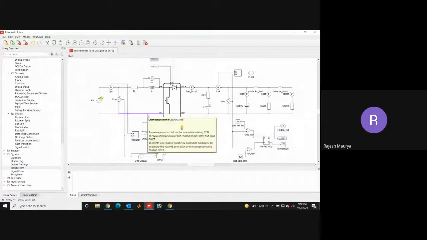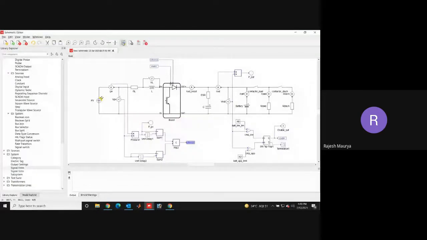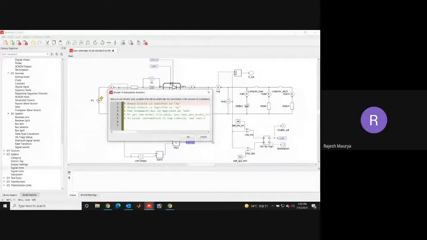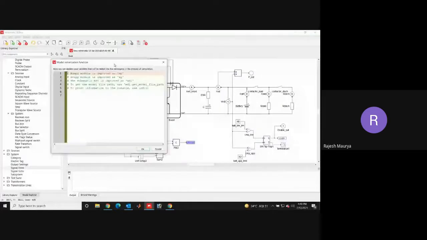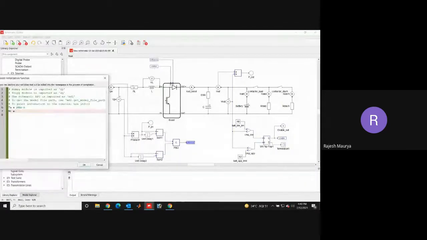We have completed the model part. Now I'll go to initialization and declare all the variables which I have defined. So first, let me define my TS. TS would be equal to 200 e to the power minus 6. Next, I'll define my RL. So first I'll define TS, then RL. So RL would be equal to